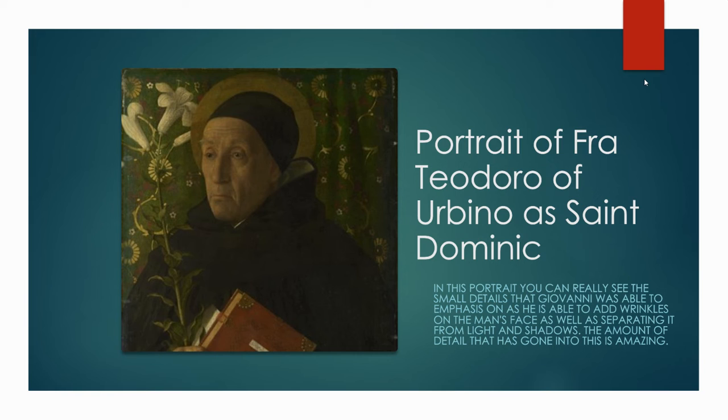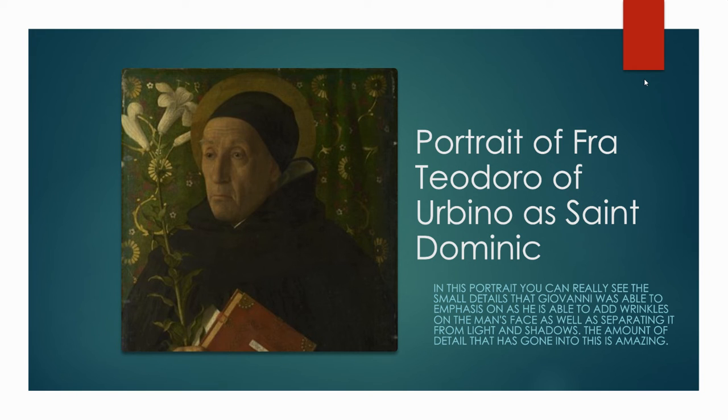Even the pupil in the man's eyes is very well drawn and painted. The clothes look very realistic, which is a realistic aspect that he has done, alongside the curtain and the flower. Even on the flower, you could tell the petals each curve to a different side and have lines on them. The leaves on the flower are very well painted, drawn as well. The book has little details on the sides of the book,